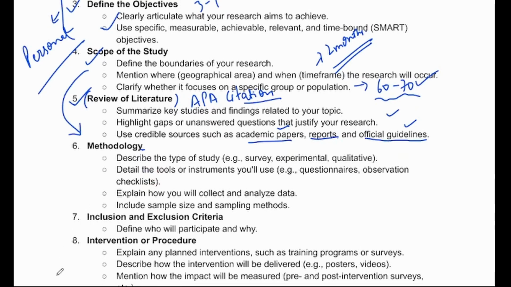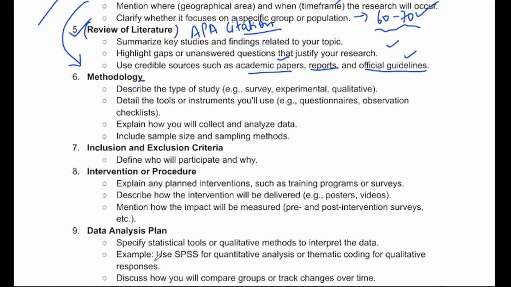Next is methodology. Methodology is the way in which you are doing your research. What is the method that you are following? So you will describe the type of study. Now, to understand the type of study, I will make another video, and in that I'll discuss different types of